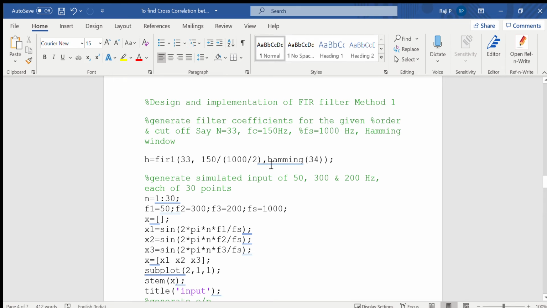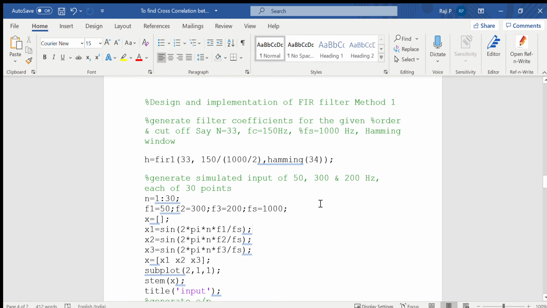Then comma, hamming of n plus 1 is the general argument for FIR1. So here, as the order is n plus 1, the window becomes hamming of 34.